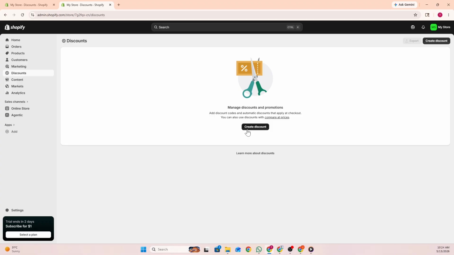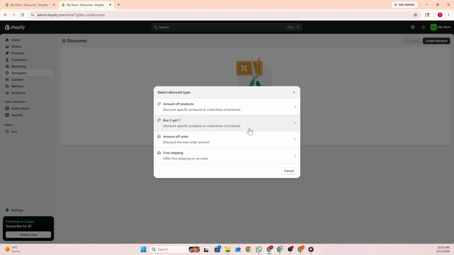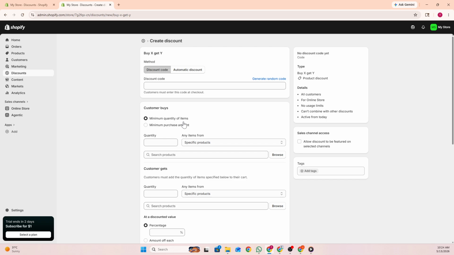After entering the discounts area, continue by selecting the option to create a new discount. Shopify will then show several discount types that can be used for different promotional strategies. From these options, choose the one labeled Buy X, Get Y. This setting is designed specifically for BOGO-style promotions, where customers purchase one item and receive another item either free or